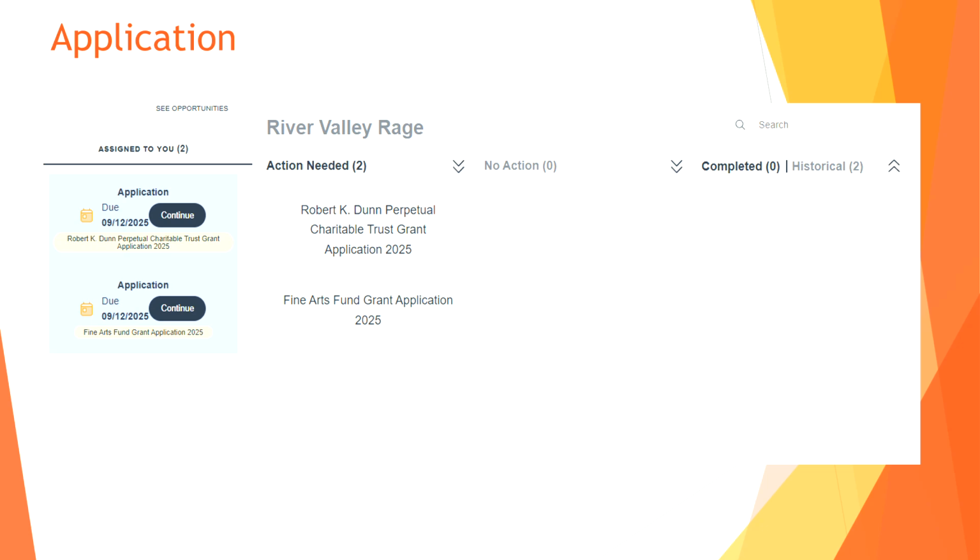You can sign in and out of the grants portal and work on your application as many times as you'd like up to the deadline. You'll sign into the grants portal with your user ID and password, and then your active request will show up on your dashboard. Just go ahead and select Edit, and then you can continue your application.